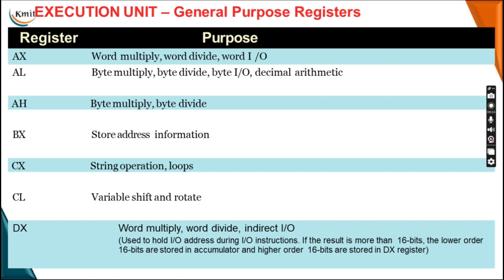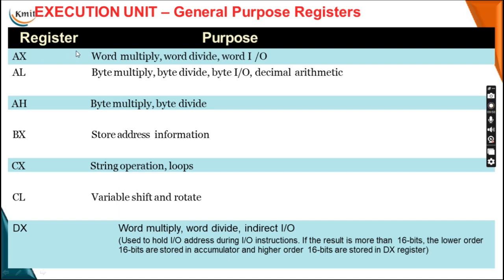So what is the purpose of these registers? As we all know, they can store the data, they can store the variables, they can store the outputs of arithmetic or logical operations or any string operations or any operations, right? What is the purpose? AX is termed the accumulator register, and as a whole it can store 2 bytes of information, nothing but 1 word,